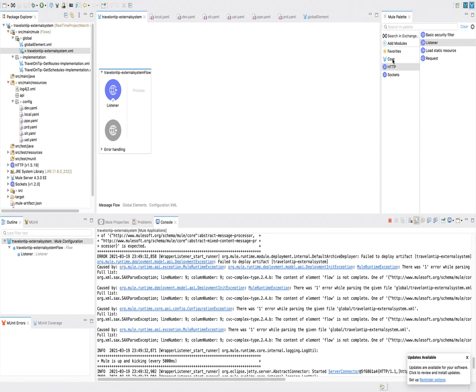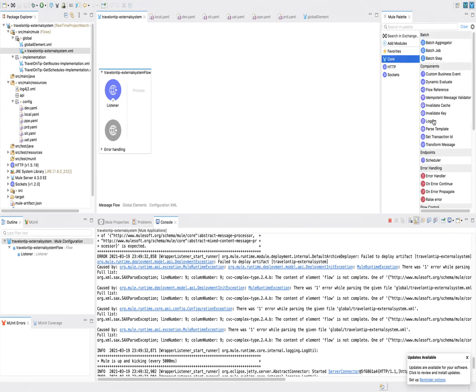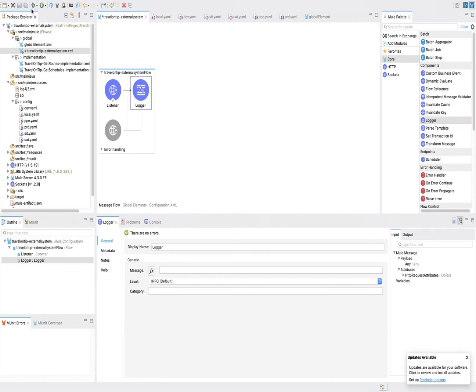So at least we have to add a logger. I will add one logger and not configure anything, but we will add multiple loggers later. I will show you the actual use of the logger. So I added this logger, and now